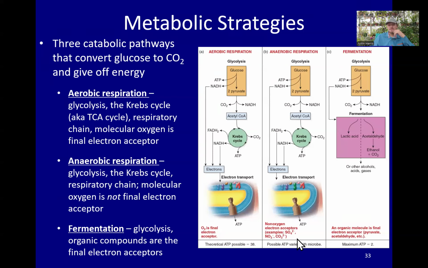It's sulfate. It's a sulfate ion. And so you'll have these chemical groups on different molecules, and these groups will act as those final electron acceptors, and they can vary depending on the organism. And then you have fermentation, which is kind of a partial glycolysis that creates different organic alcohols